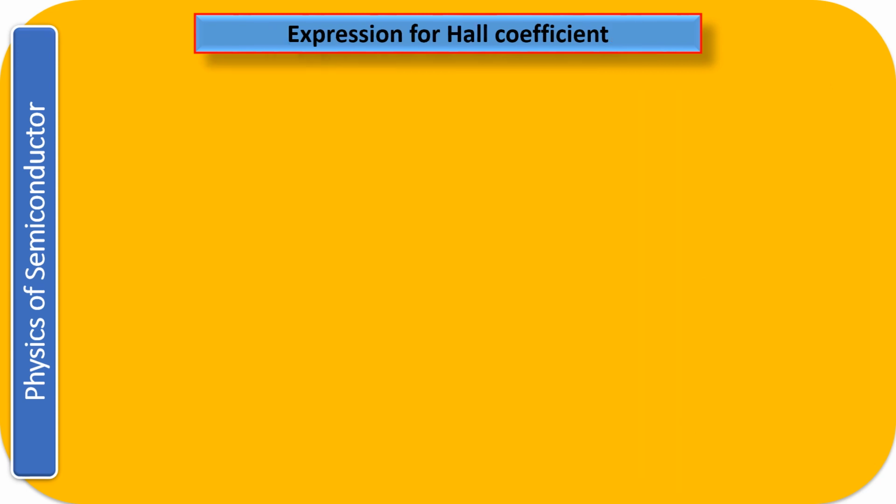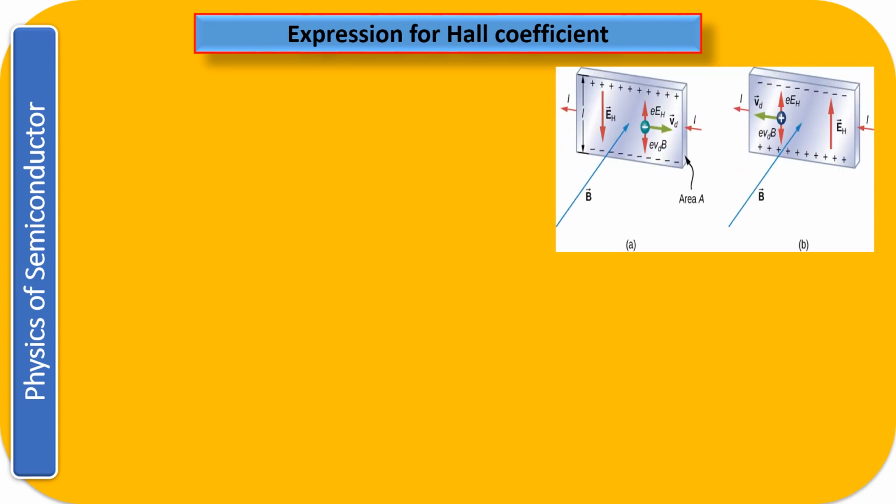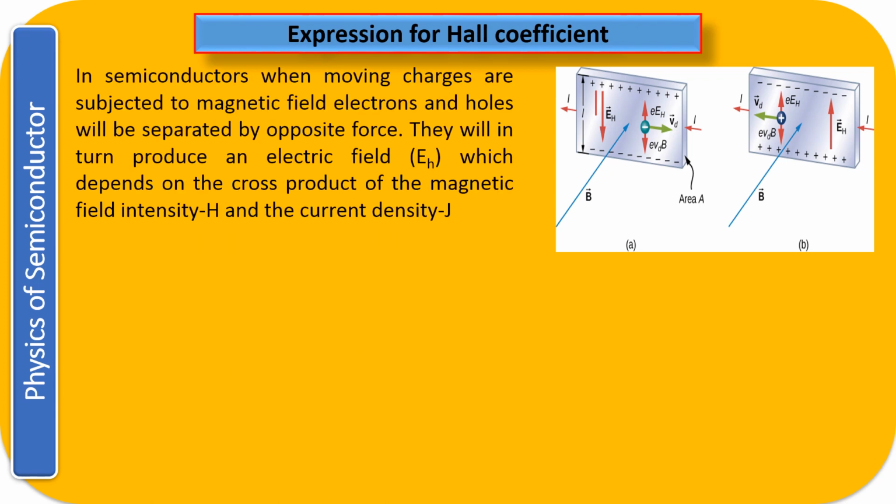Now let us see what the Hall coefficient is, right? So the same type of figure I have taken again, where the current is flowing from right hand side to left hand side, as you can see over here, and the electrons and positive charges have got separated, right? And then an electric field is getting developed. So this is the value of the electric field which is getting developed, right? And because of this electric field, a voltage is getting developed, and that voltage is called your Hall voltage.